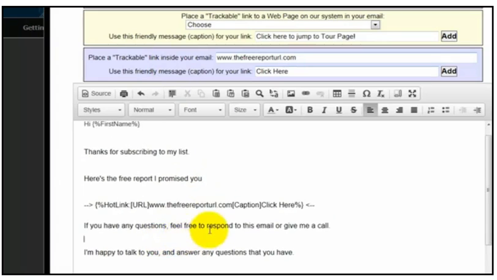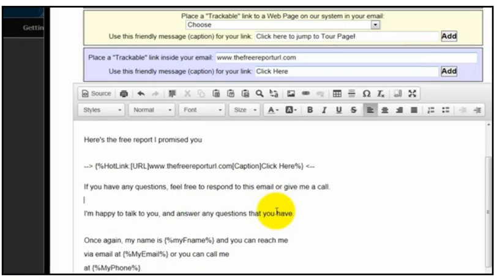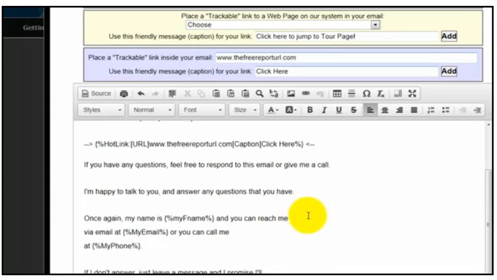And then if you have any questions, feel free to respond to this email or give me a call. I like to be fully transparent with my subscribers. I like to let them know that I'm a real person. It helps to build trust with those people. And so I'll tell them, I'm happy to talk to you, answer any questions that you got. I'll tell them once again, my name is, and you can either type in your name